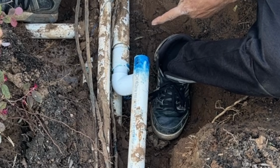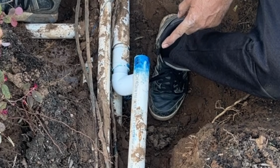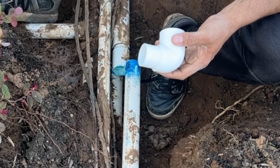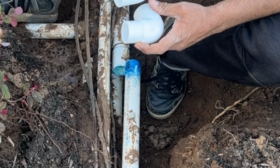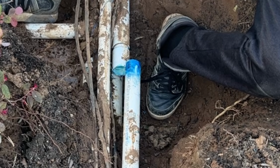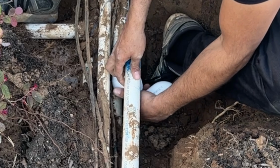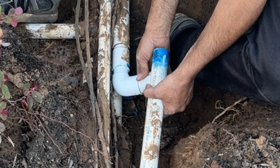First we have to find out the angle of this 90, which angle you need. Before I put it on, I showed you I use this one, so it's going to be a small, short run, so it's not going to be extended too much. To find this angle, I'm going to install this one a little bit in. Then I have this one. I have to see how far I can go,